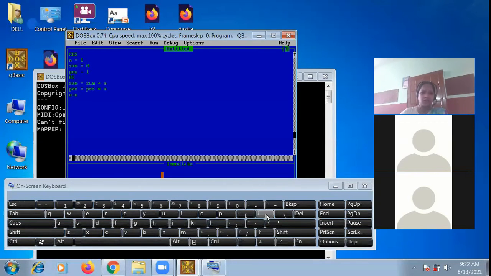The n value is changing here, it increases. That's why we are using the n variable in the sum and in the multiplication.